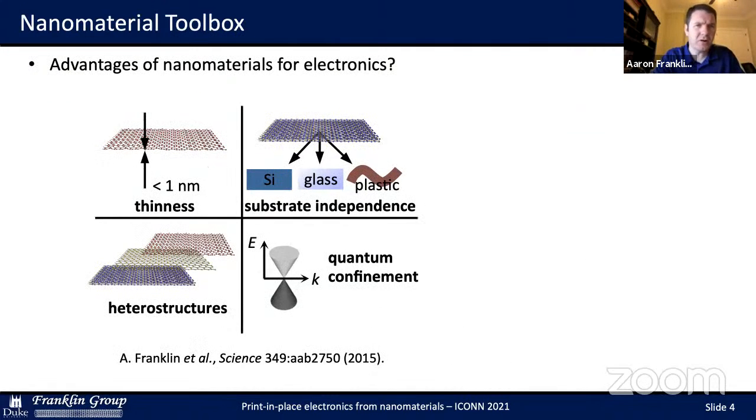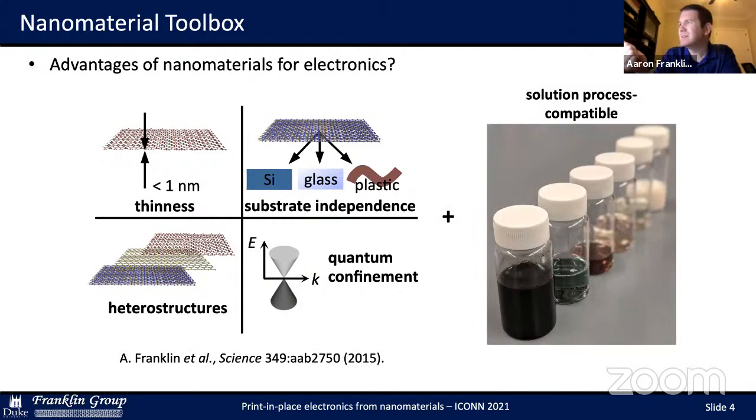But regardless of which category the low dimensional material fits into, it offers some unique set of properties. And 4 of those are displayed in this table here, this graphic that I used in a review paper a few years ago. But I admit that I wish I had kept 1 more in the paper, even though it didn't fit in as cleanly into the quadrants that I developed, which is the ability to use nanomaterials for solution processing.